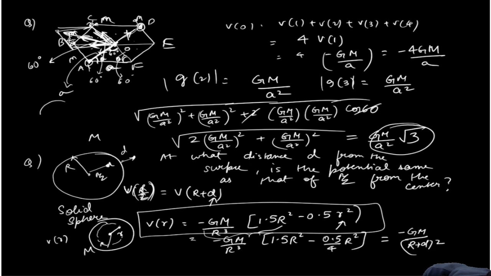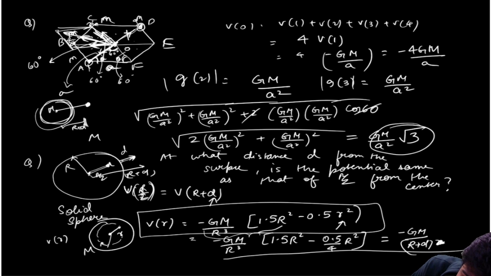So if I have this mass and this d is outside, right? So from the center the distance is R plus d. So from here at a distance R plus d, I need the potential, right? I can assume this mass to be at the center because this point is outside. This is not squared here, you just have this potential, right? So minus GM by R plus d is what you'll get, and you just need to equate these two, right? Solve this, and the value of d that you will get from here is nothing but